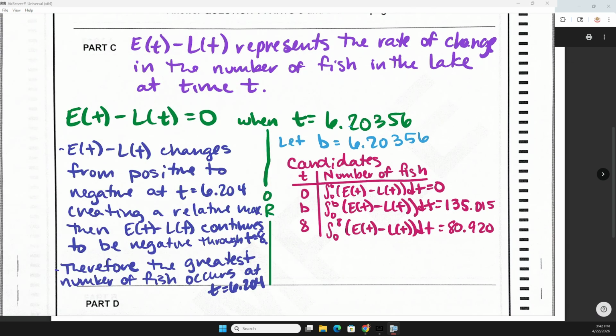So also make sure you answer the question. It's really easy to give 135. That's going to be the maximum number of fish at that time. So fish entering, fish leaving, the maximum number of fish. Sorry, I got distracted. And so you do have to give a justification, and so the candidates is the work for it, but you would say something like, therefore, by the candidates test,